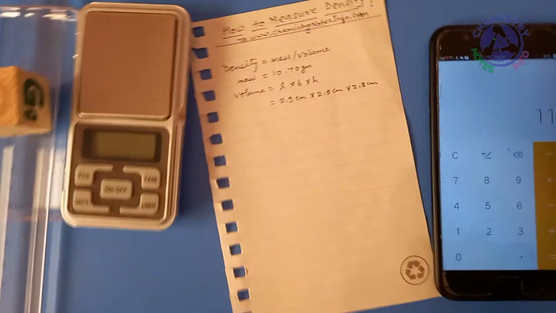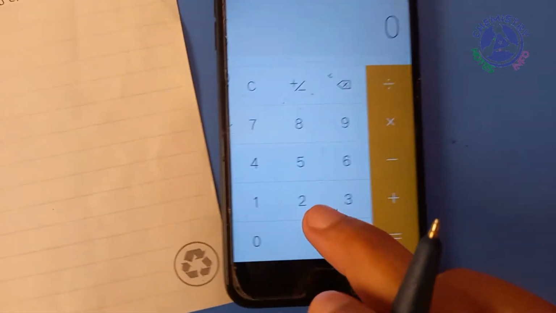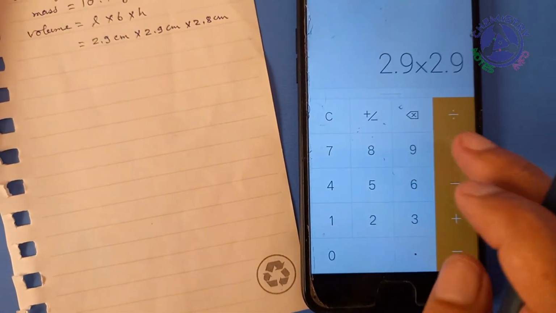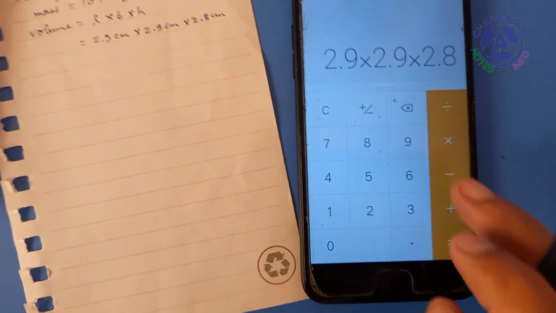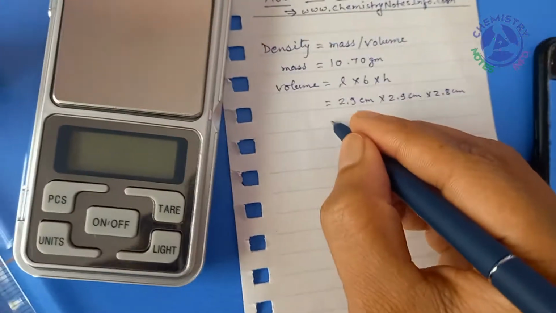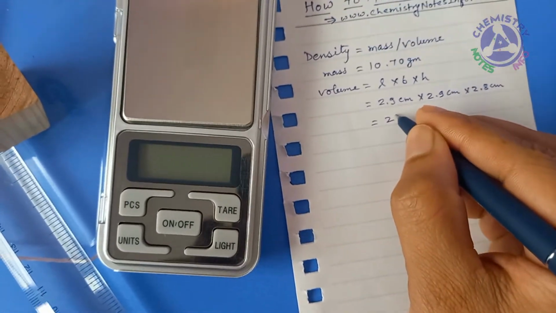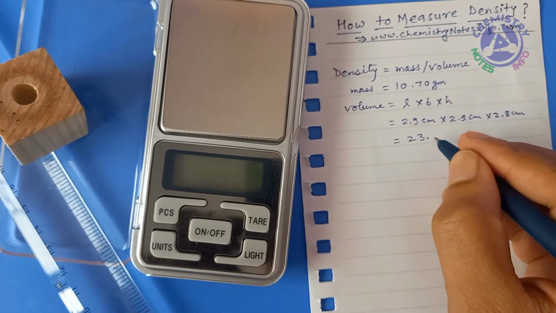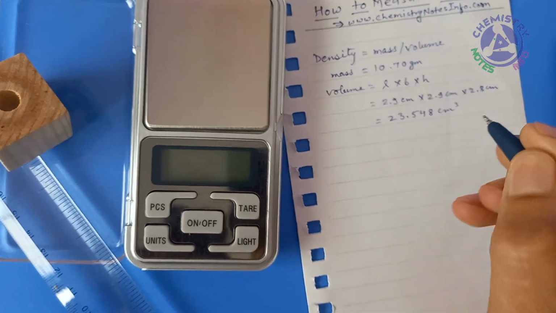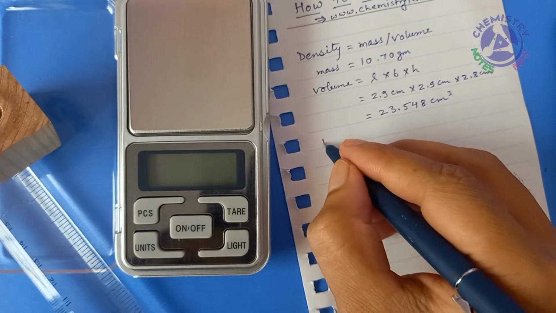Now we use our calculator to do calculations. 2.9 into 2.9 into 2.8, it's 23.548 centimeter cube. So we write this here: 23.548 centimeter cube. So density is